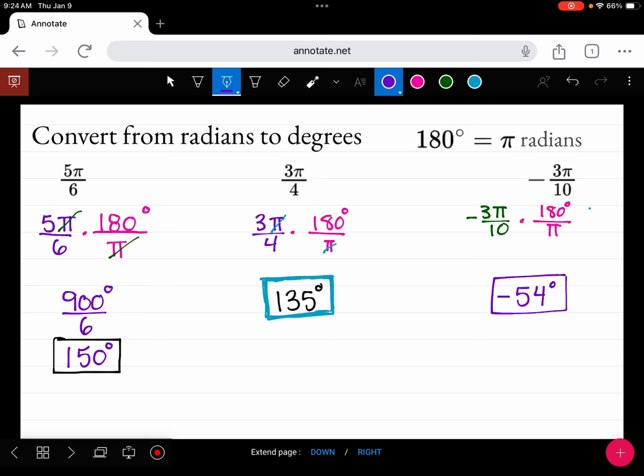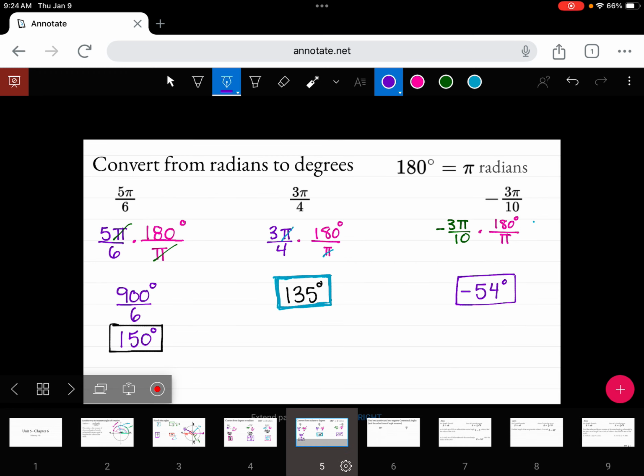Not too bad. They seemed way scarier yesterday. That's why we talked about them for a couple of days. All right, so we're gonna keep working with radians because honestly, we're gonna live in the world of radians a lot this semester. So yesterday we did